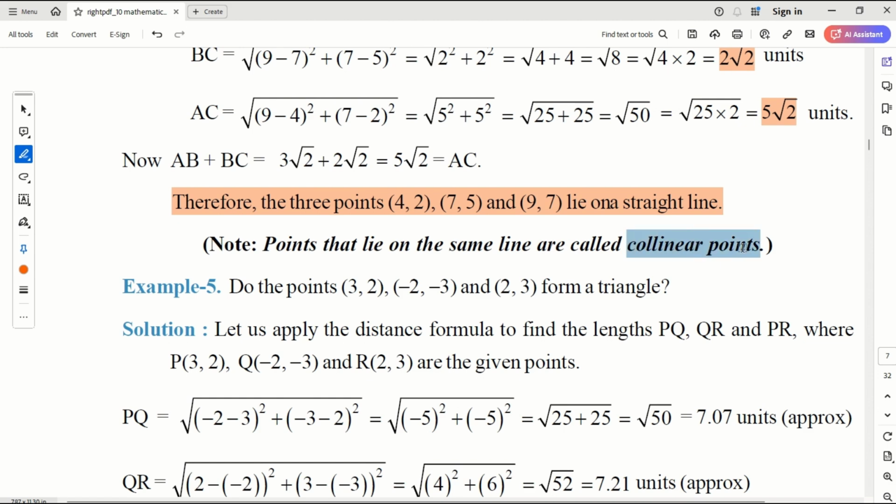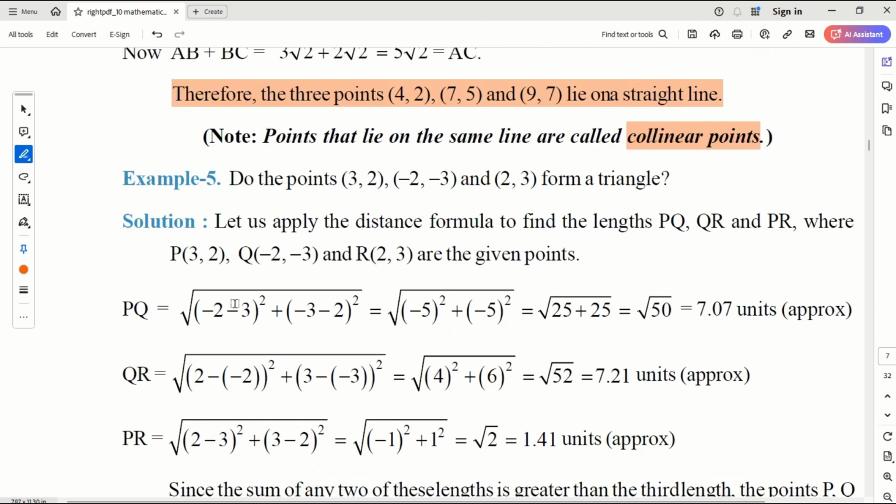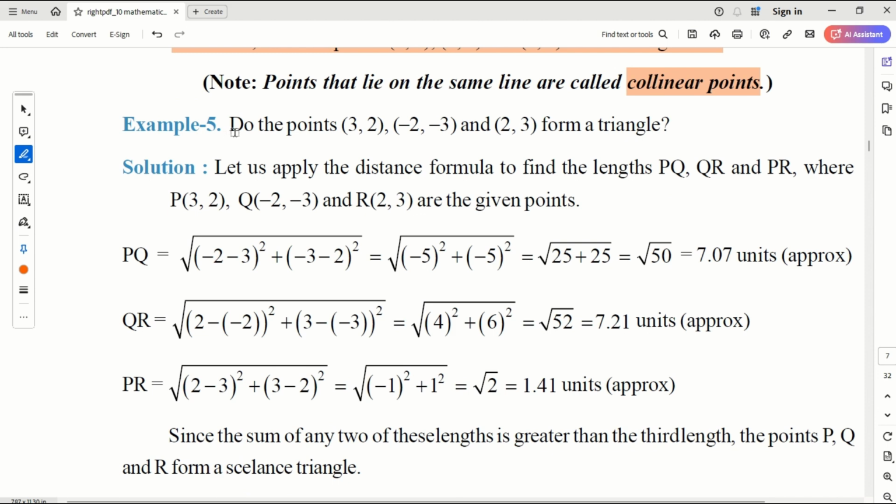Okay, just note down this. They may not always tell you to find out whether they are on the same line. They may call it collinear. Okay. Now, next example. Do the points (3, 2), (-2, -3) and (2, 3) form